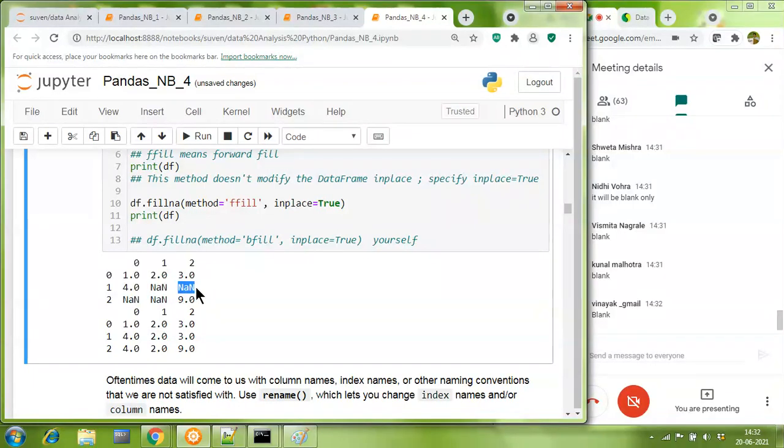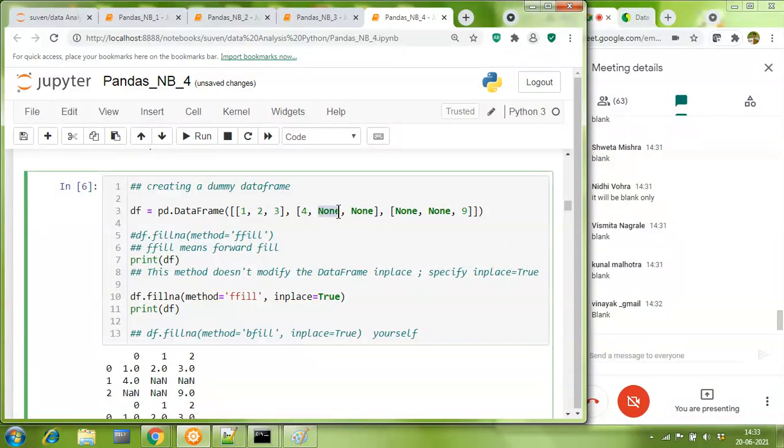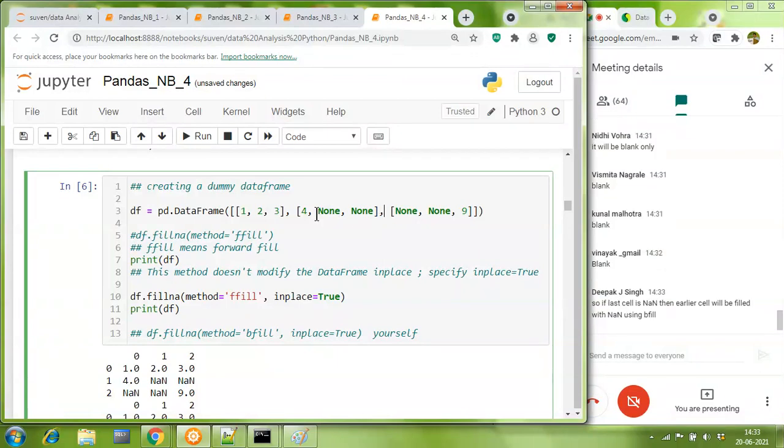Sir, you gave none. I agree. I gave none. But understand that none, when I store it in a data frame, is going to become not a number, because a data frame understands that these are numbers. So it automatically tries to convert the none into a number and thereby puts a NaN there. So none and NaN are interchangeable things. None and NaN are interchangeable.